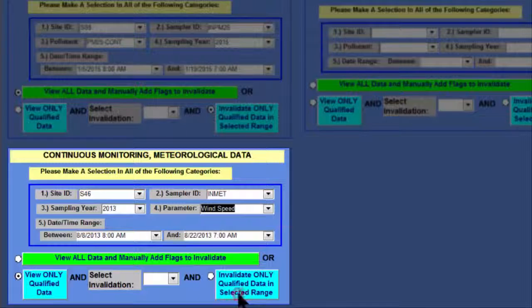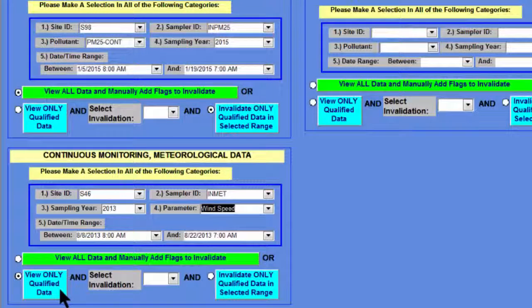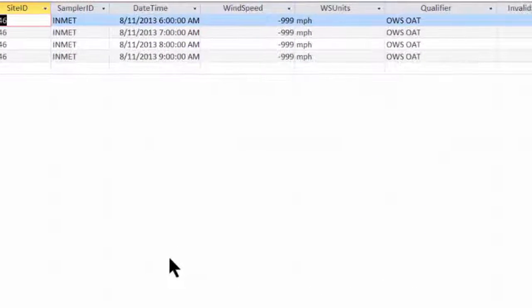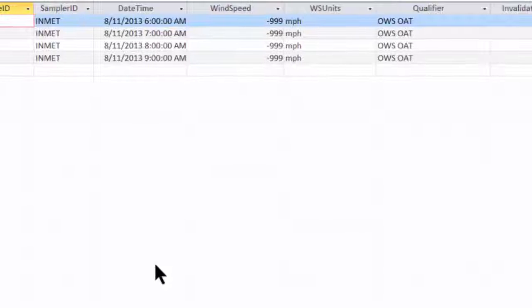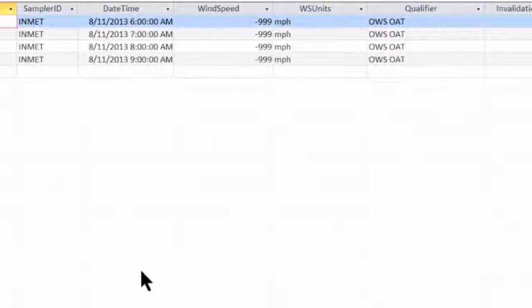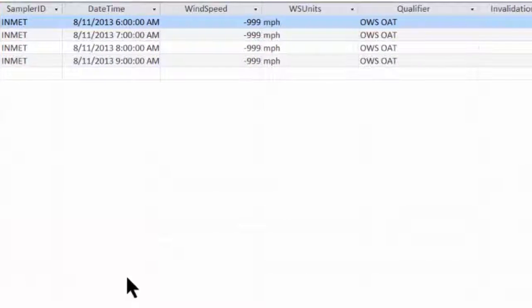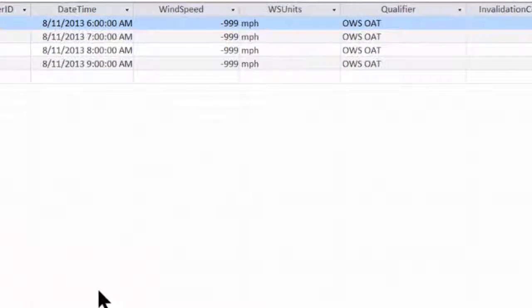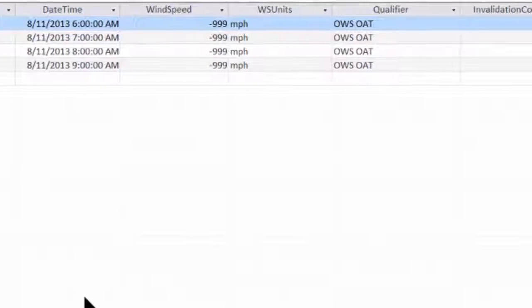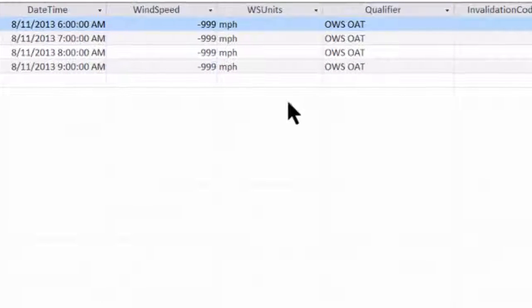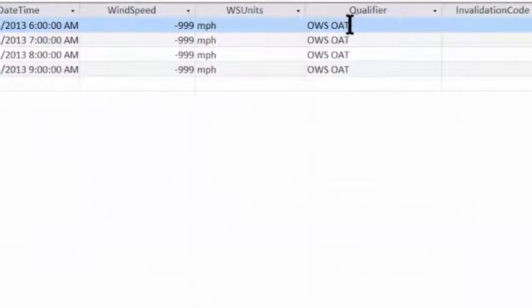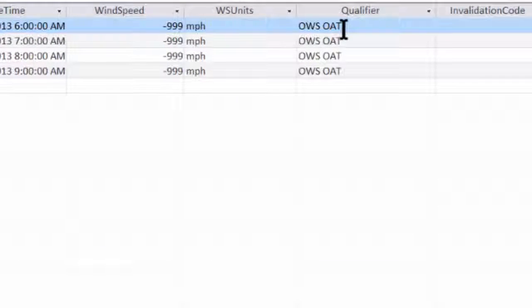So I'll click on that, and then I'll click on the view only qualified data button, and this one actually does have some qualified data in it, and those were the wind speed values that are negative 999. So those are definitely errors, and just keep in mind that for meteorological data, you need to add an invalidation code for each parameter. So the invalidation code is blank, even though I already assigned invalidation codes to my ambient